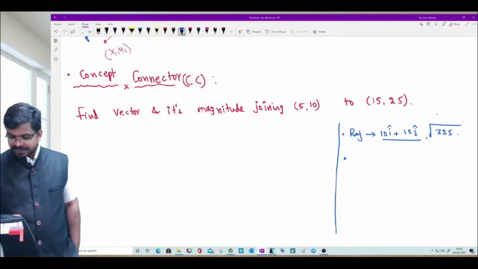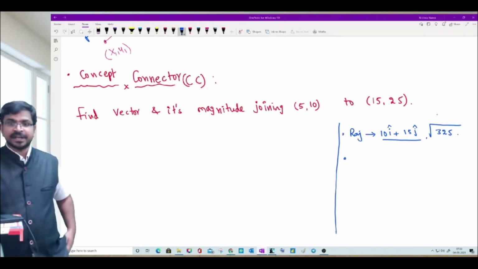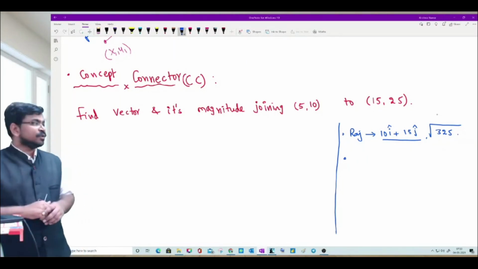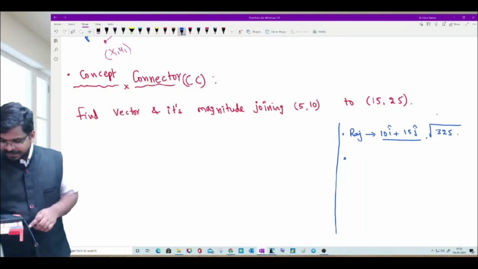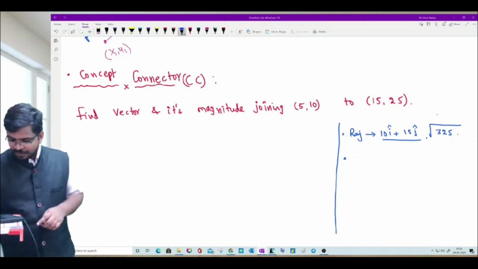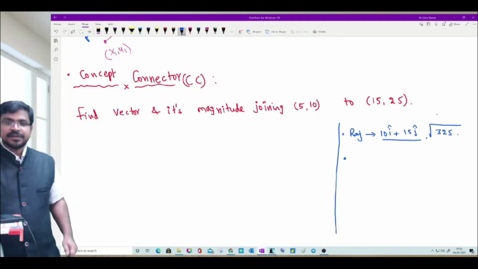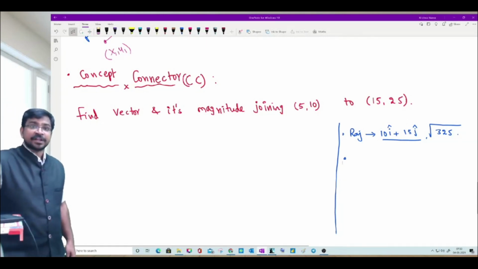Remaining, Sri Chetan, now you are correct, 10, 15. Sai Karthik also gave the correct answer, 10, 15. And you two people are missing the magnitude. Square root of 325 is the magnitude. Very good, Rajanish. And remaining students, Sai Pritam, Likit, Likit gave an answer now. What about Sai Pritam? If you don't understand, you can ask me to explain once again. Students are giving me responses quickly and accurately.